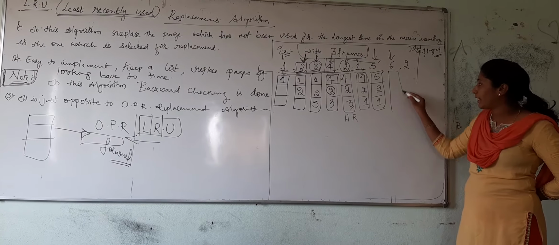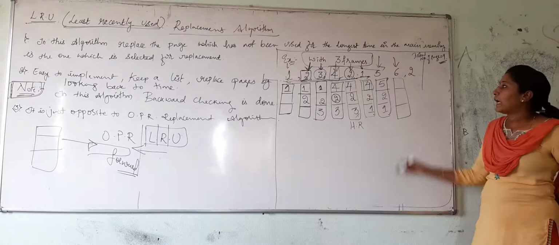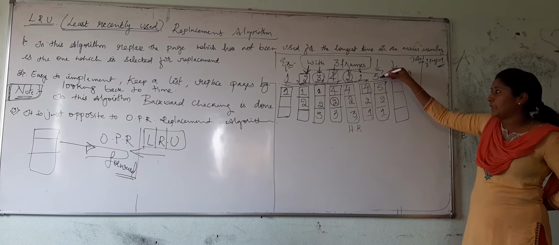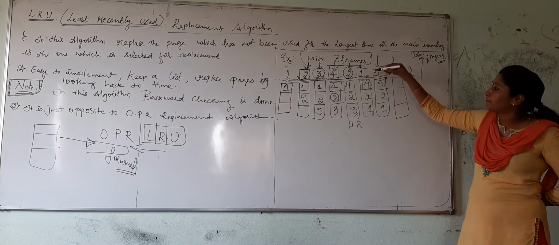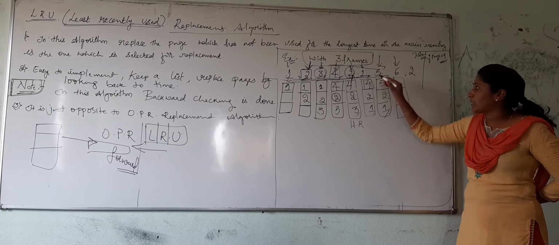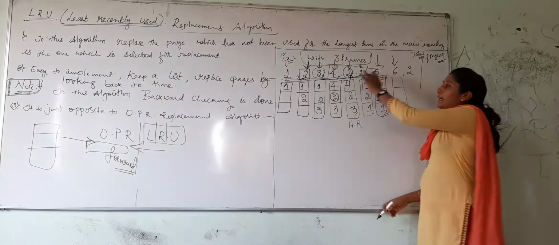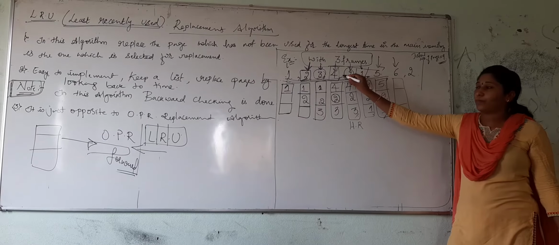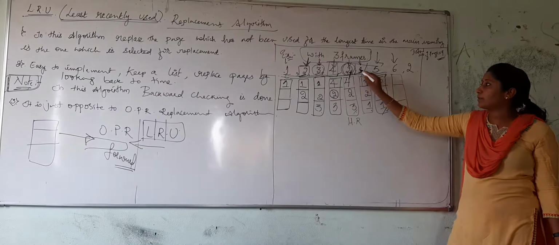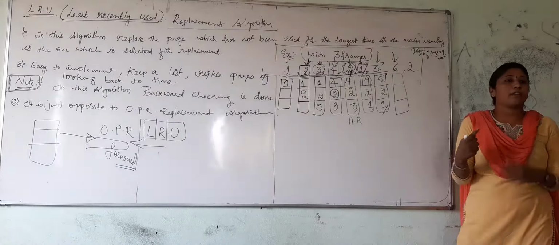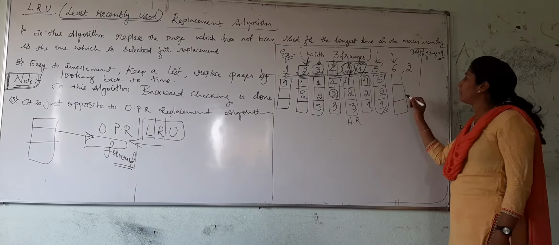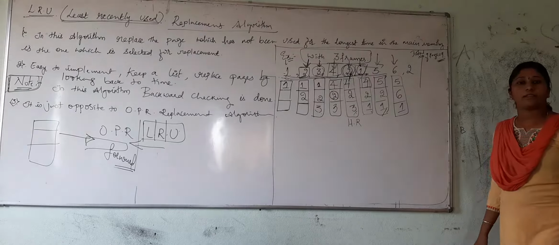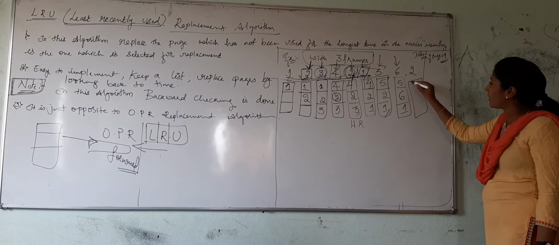Now next, which is the page? 6. Again divide this into 3 frames, and this is the entering page, 5 to 1. Check from these. 5 has just entered, so it is not possible. 2 is at the 3rd place and 1 is at the 2nd place. Checking in the backward direction, which page has been there for the longest period of time and is used? Obviously 2 comes here, right? Before that 2, 1 is there, but we have just placed it and cannot replace it. That's why in place of 2 we write 6, and 5 and 1 are kept as they are. Is that clear?